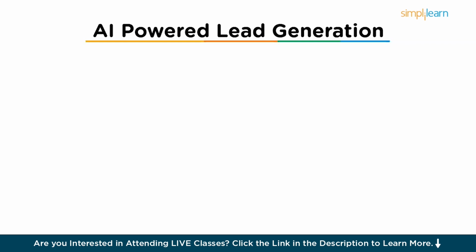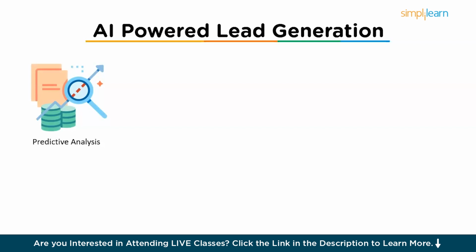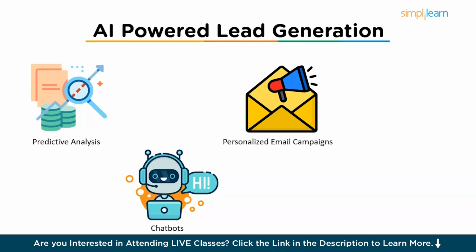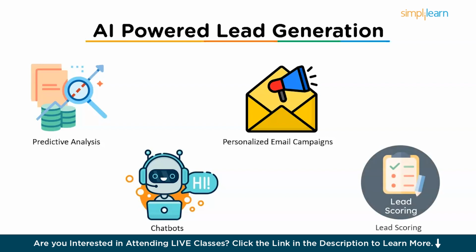The first point is predictive analysis. AI can analyze data and predict who is most likely to become a customer. Then we have chatbots. AI-powered chatbots on websites can instantly answer visitor queries and collect their information. Then we have personalized email campaigns. AI tools help create highly personalized emails based on user behavior, making it more likely that a lead will convert. Lastly, we have lead scoring. AI can automatically rank leads based on how likely they are to buy, helping sales teams prioritize their